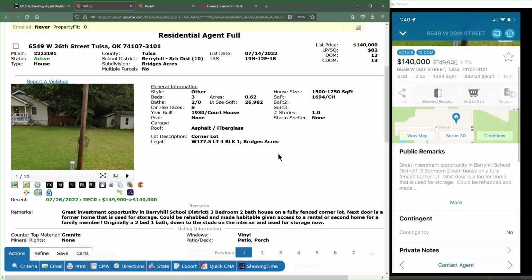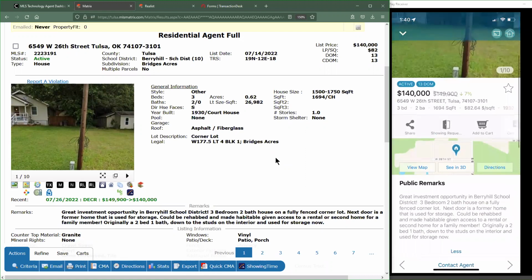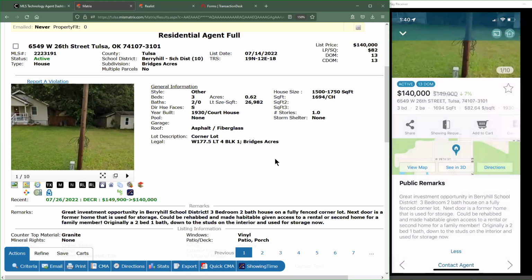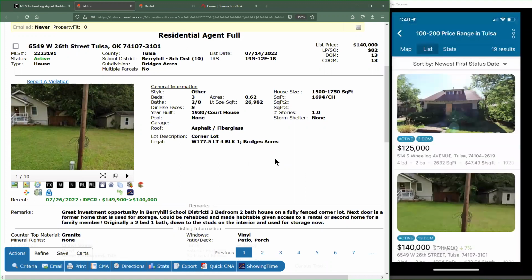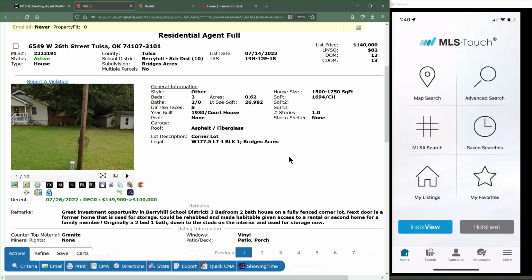again, we can see the contact information. We can reach out to them. There's the share option. We're actually going to talk about this share option a bunch in a moment here, though. So we're going to circle back around to that. All right, I'm going to close out of that. Let's get back to our home page.